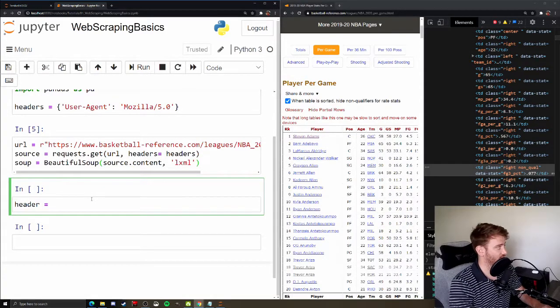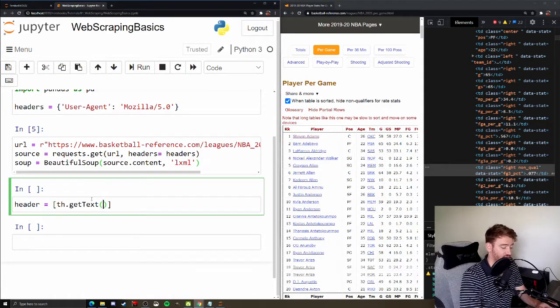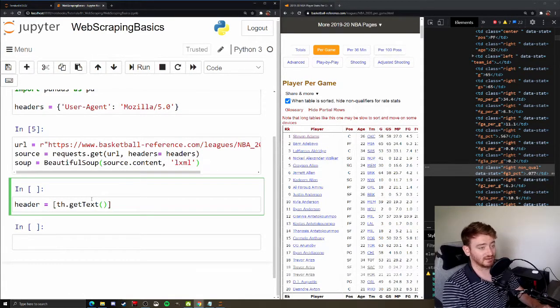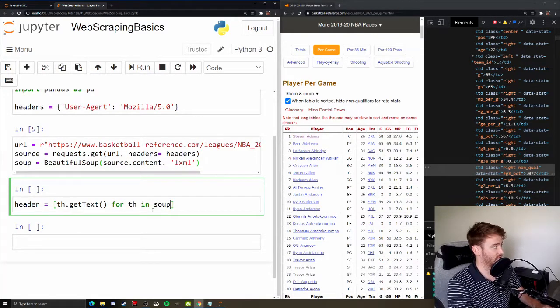So I'm going to do header equals, and I want to pull it out in a list: th table header dot get text, and this is a function that you can find in the documentation. This is just going to be getting the text value that's being displayed out of this cell. So I want get text for table header in soup dot find all